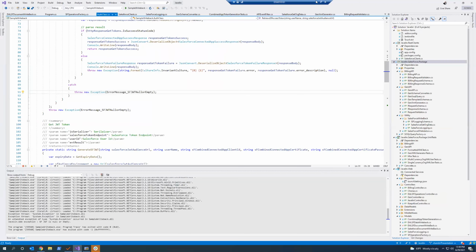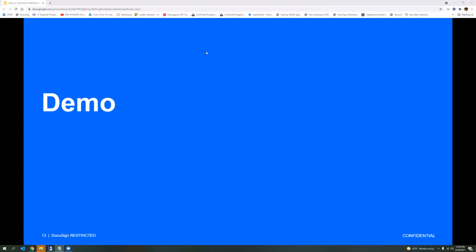Oh, sure. Is JWT the only way for this? Can't this be done by a usual auth code and refresh token? That's a great question. That's a really good question. I think as a part of OAuth 2.0, JWT access token only provides you the new access token. Salesforce has not introduced the concept of refresh token as of now. So you can use the existing refresh token flow, which is already there. But for the new JWT flow, it does not provide you a refresh token. It just provides you new JWT access tokens. I hope that answers the question.